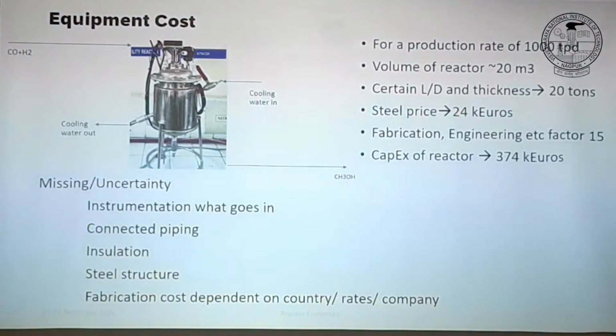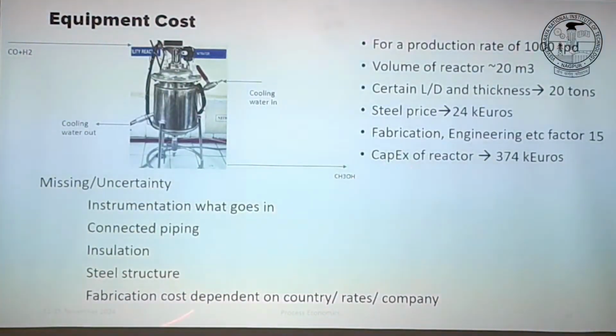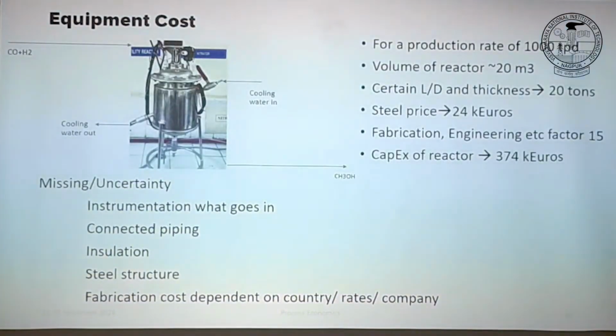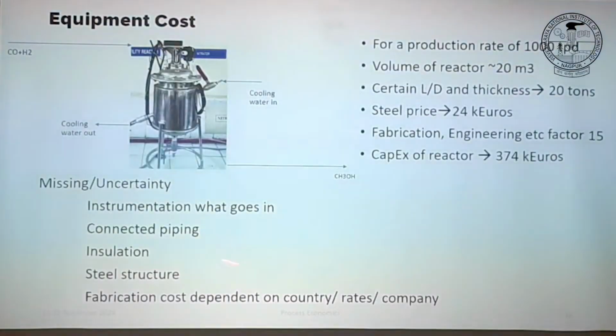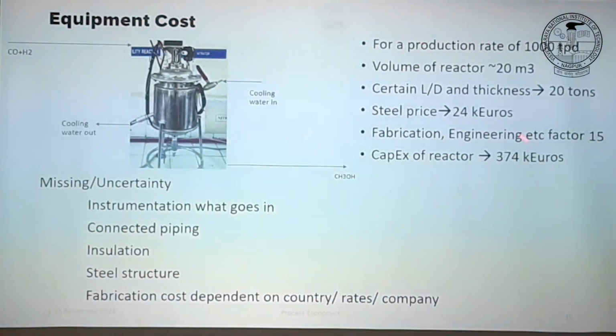But as you go into further details, then you know, I will need four legs here. That's the height. So you add the weight of this one. As you go along and increase your definition, have more and more details, your accuracy will improve because your uncertainties are going down. So what is the uncertainty in this, or what is this factor 15, because it's a huge cost. You could think about